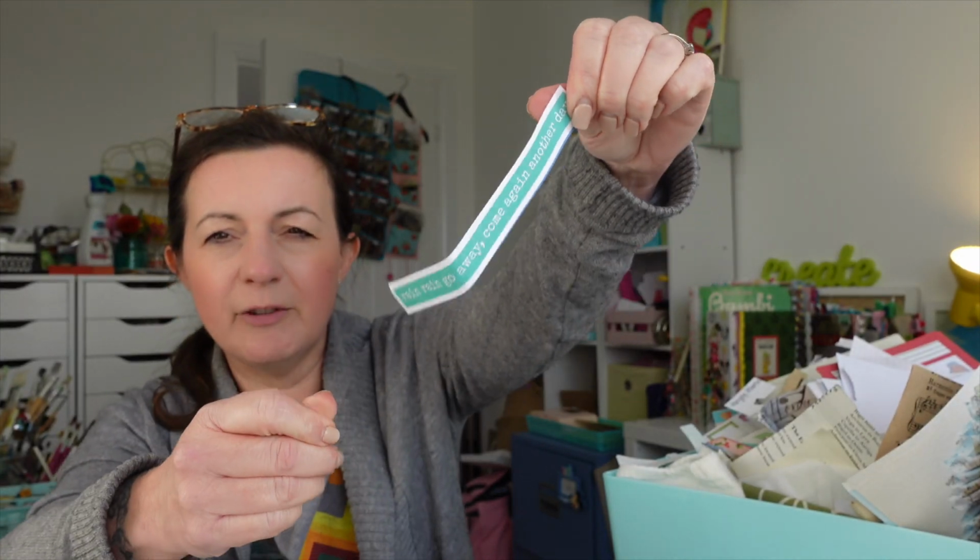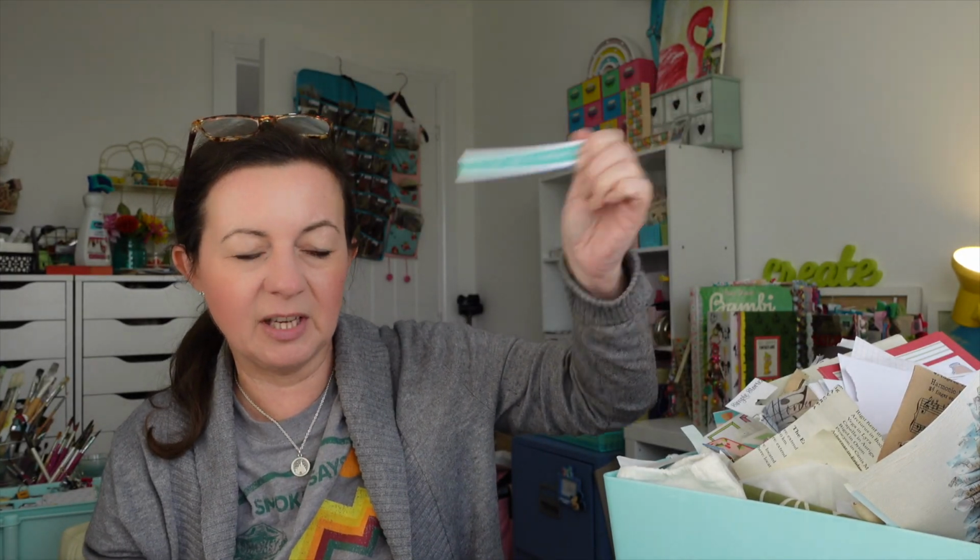So I would like to go through what I've got, get rid of what I don't need. I think that's also a healthy exercise to do, because I think I collect more than what I use. That's something else we spoke about recently. So I'd like to have a little sort through and be quite practical, because looking at this, which is cut from one of my own papers, I don't think I'm ever going to use that. So I'm going to go and empty my bin, actually, have that at my side, and we're going to go